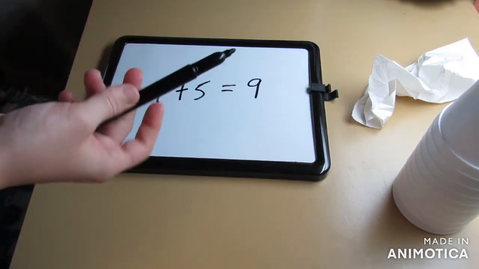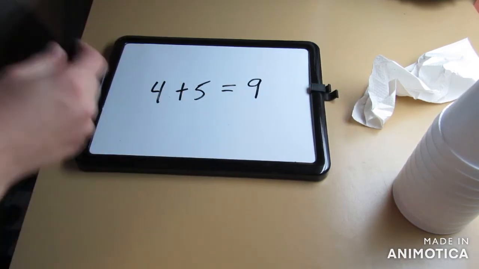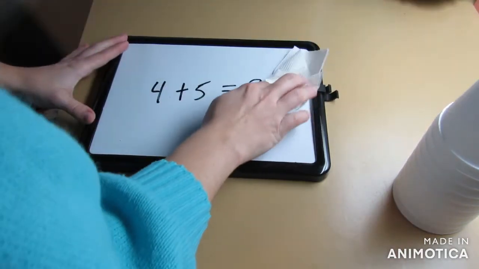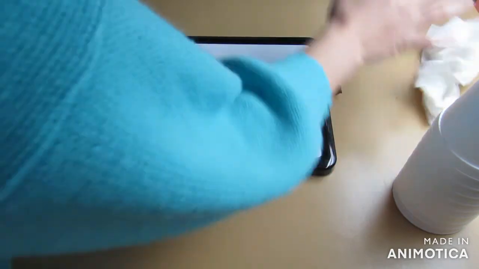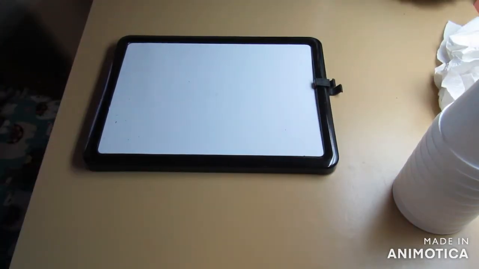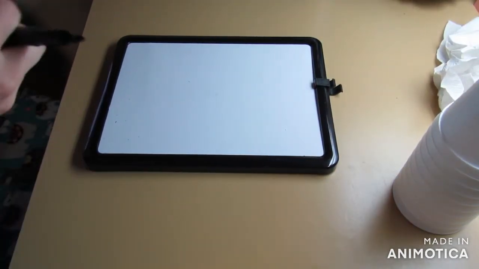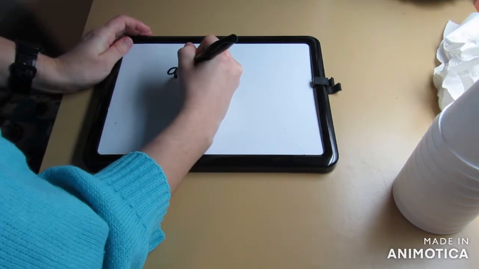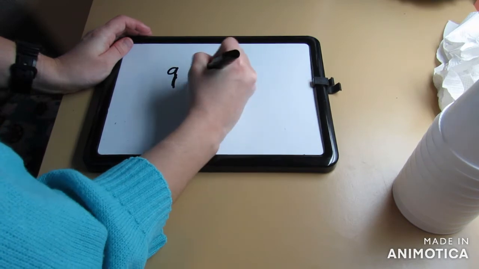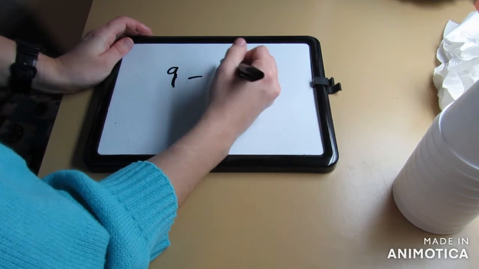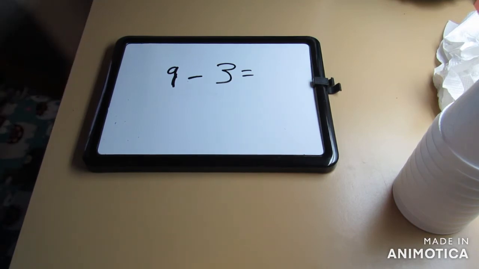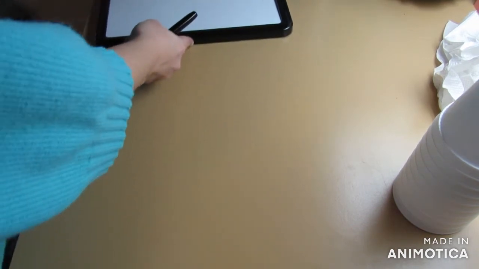So now that we've shown you some examples of addition, now we're going to move on to subtraction. So what does a subtraction problem look like, and how would we address that this time? So we're going to go with, let's say, 9 minus 3 equals, so just like how we do with addition, we're always going to set our group up with that